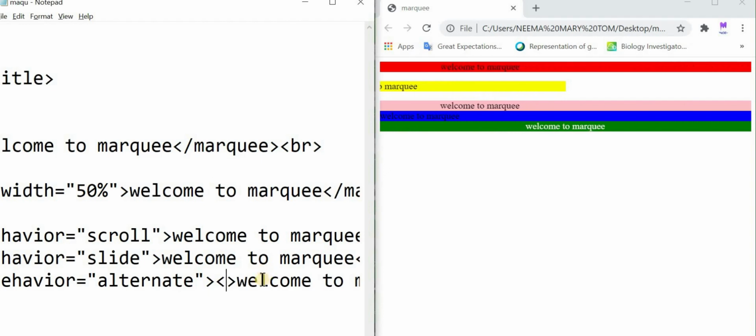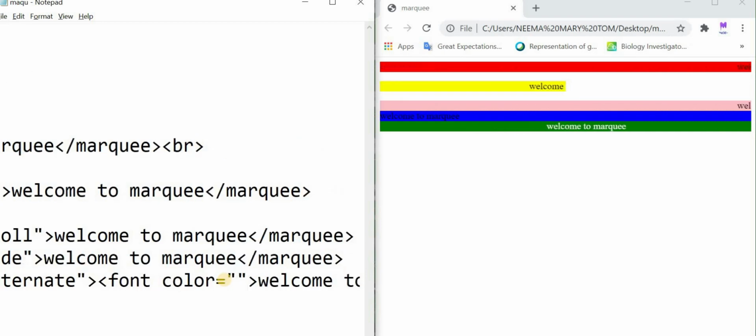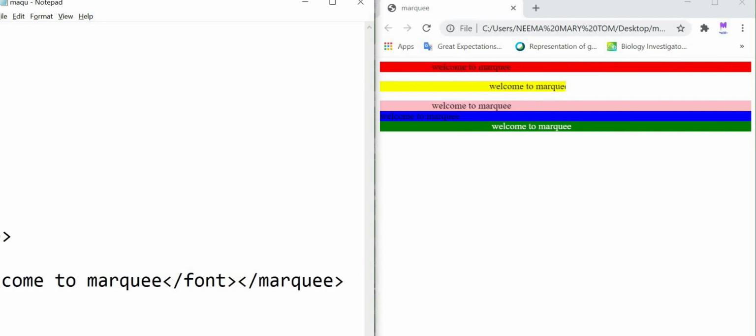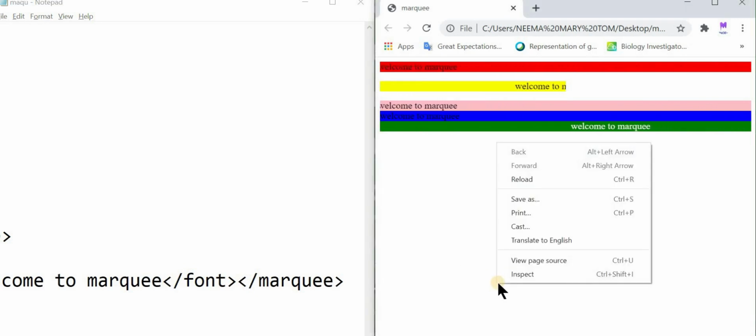Here in front of this text, welcome to Marquee, we can add the opening tag of font, then attribute color, color is equal to value I am giving here white, WHITE, and here at the end of the text, before closing that, I will give that /font, the closing tag of font. Now let's save the file and refresh the web page.